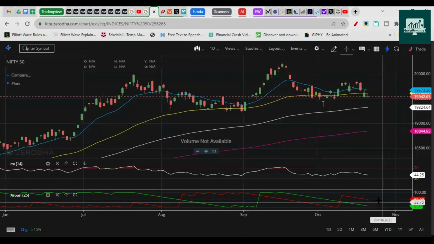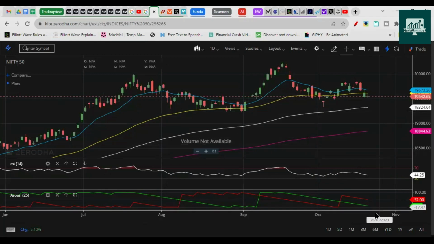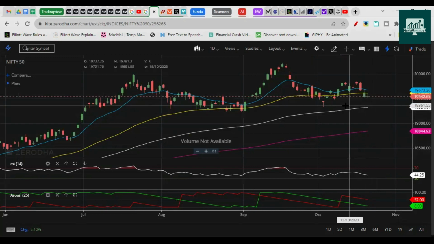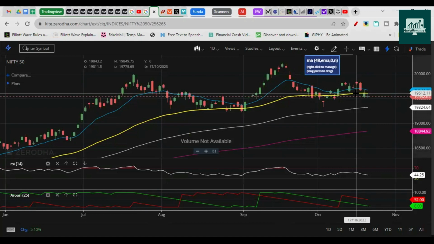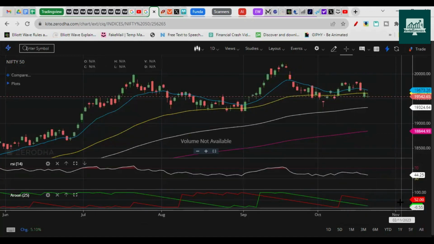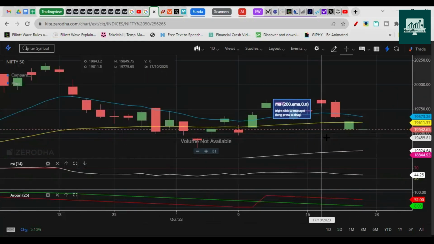When the red line goes below 50, we can consider that the market is going to go sideways. If this red line starts to go up and moves above 70, then it will be an extreme bearish signal for the Nifty. But as of now, it is trading just between the 48 EMA and 100 EMA. That's what we can see here. RSI is now below 50, so it's again a bearish signal.